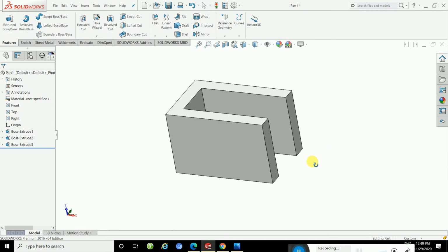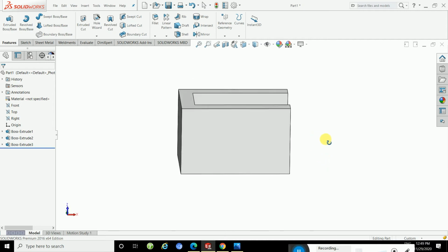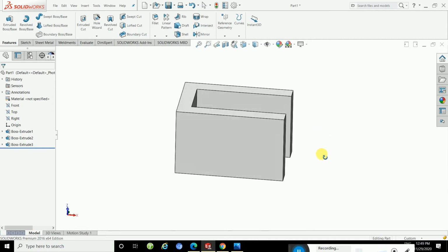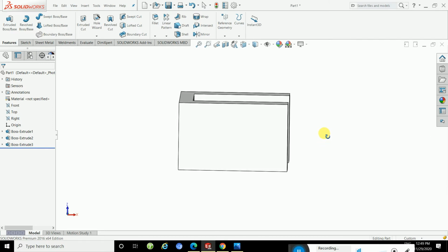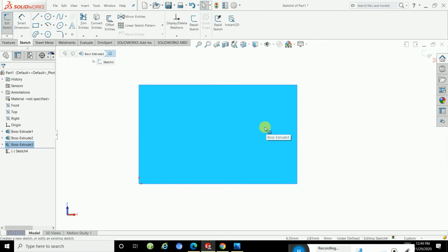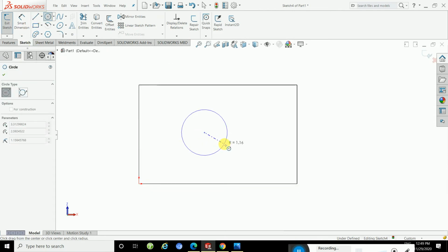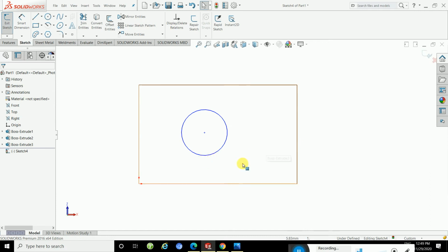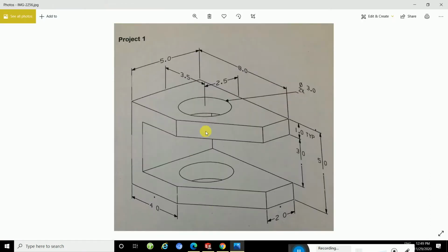But you need two operations remaining. One is the chamfer and one is the hole. So first you will apply the hole. Okay, here and then here, and then you will apply two distances. First the base dimension is 2.5 in x and then 3.5 in y.